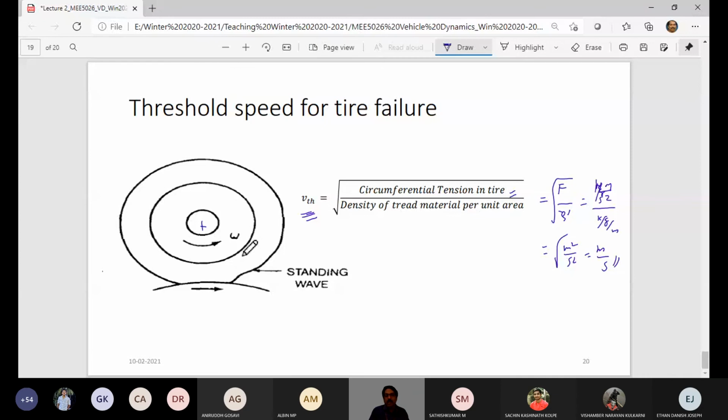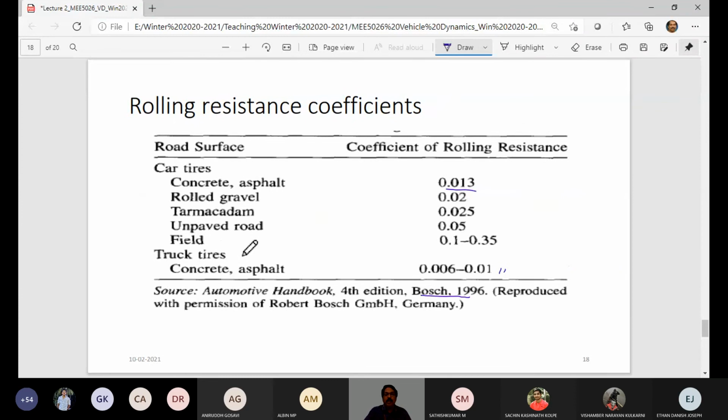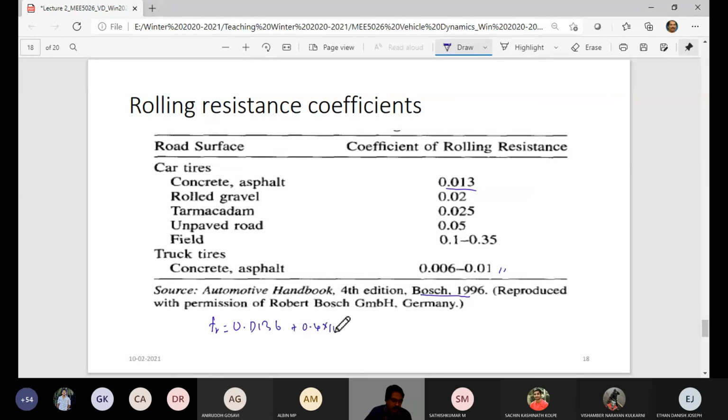So these are all things that I had in mind before we get into actual tire dynamics and deriving some equations and so on. We should keep these in mind. So let me put additionally here some empirical formulas for rolling resistance forces and complete. This rolling resistance coefficient is also given by this empirical formula: 0.0136 plus 0.4 into 10 raised to minus 7 v square, where v is the speed of your vehicle. So the dependency is on the speed. As you increase it, your rolling resistance will increase. This is for cars,